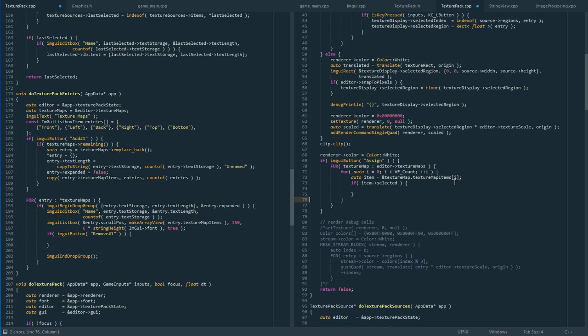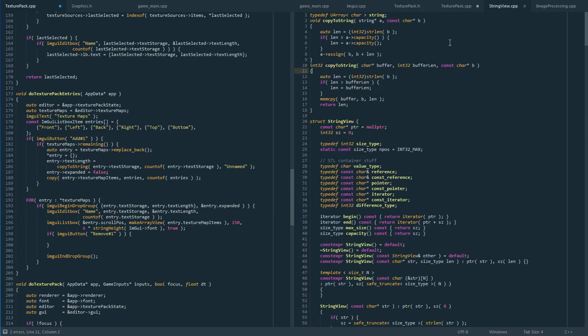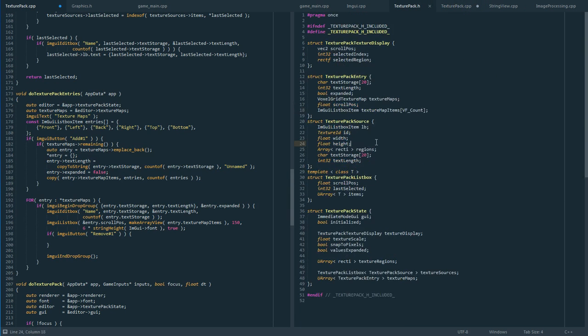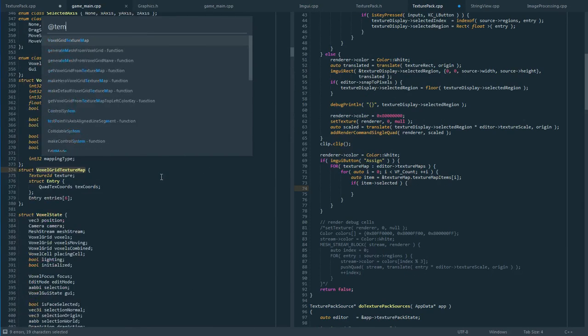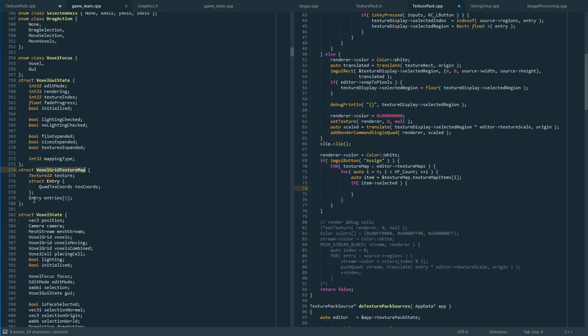So if the item is selected, we set its texture coordinates. Where's that guy? Right, we set texture one of these entries, so we know which entry by the value of I,